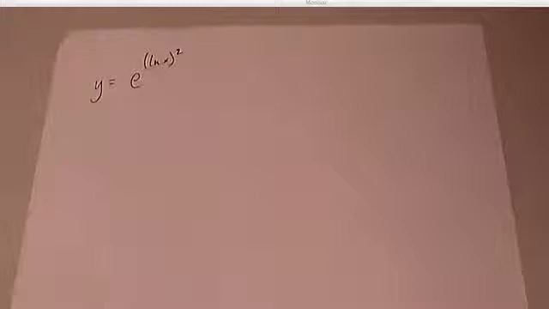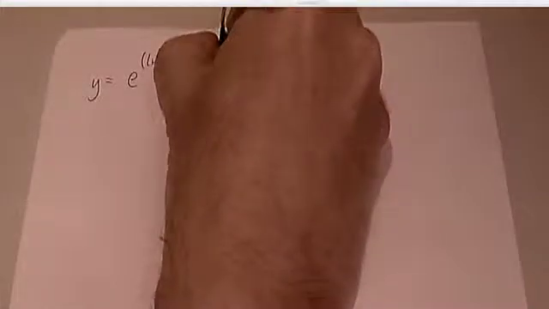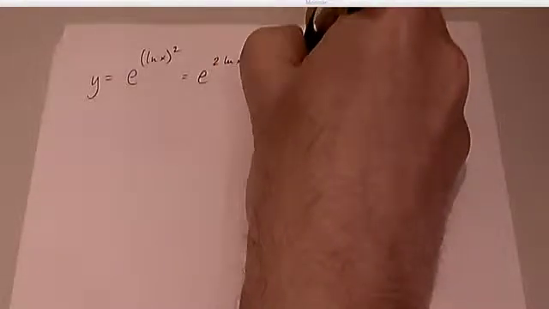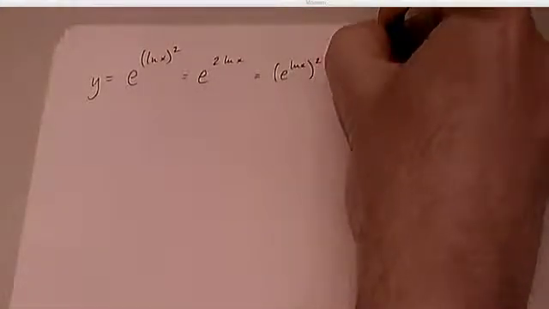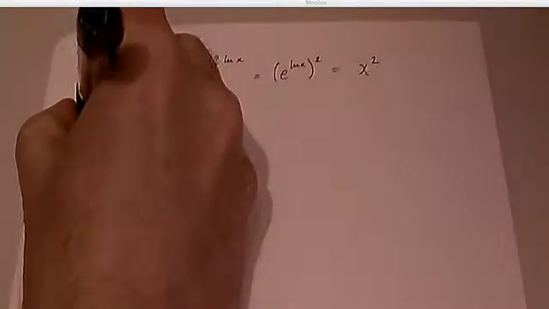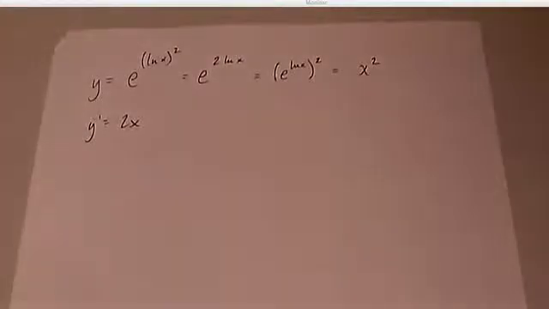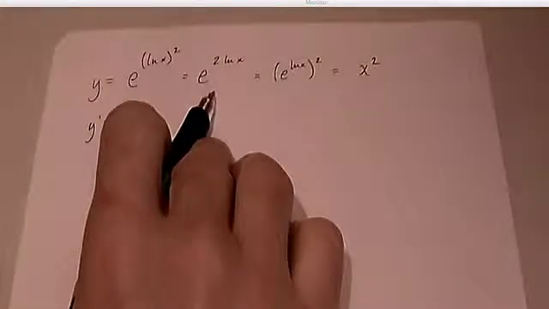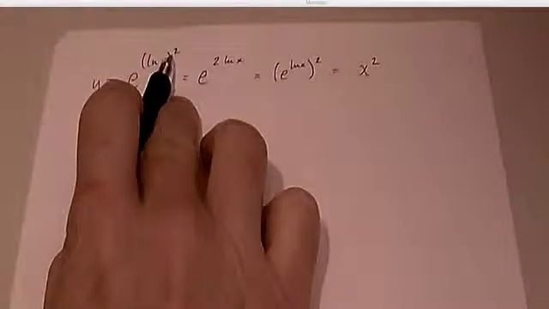Now since we're talking about ones where you can simplify, let's go ahead and do e to the natural log x squared. And you're like, oh my gosh, that's ugly. Well, isn't that just e to the 2 times natural log x? Okay, well, isn't that e to the natural log x squared? Okay, well, isn't that then x squared? How much easier is that, right? Because that's just 2x. Now from here to here, I use properties of logarithms to take the exponent down,